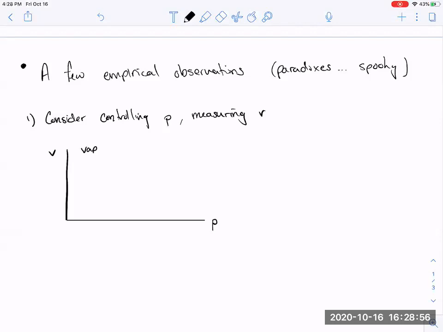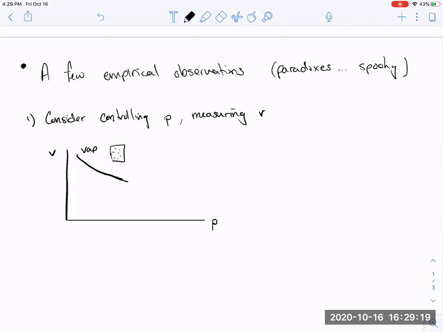Now we know that if we increase the pressure, the volume has to go down. Indeed, vapors are reasonably compressible. Most vapors, if we were doing this experiment at ambient conditions, there's a little picture of a vapor,